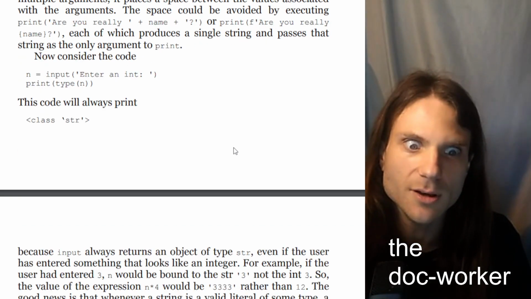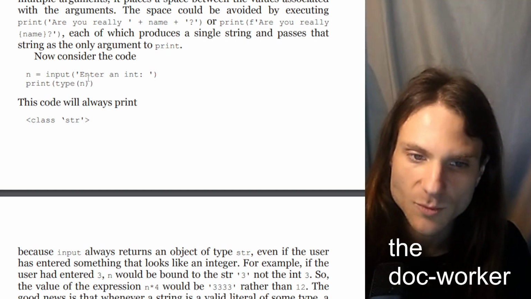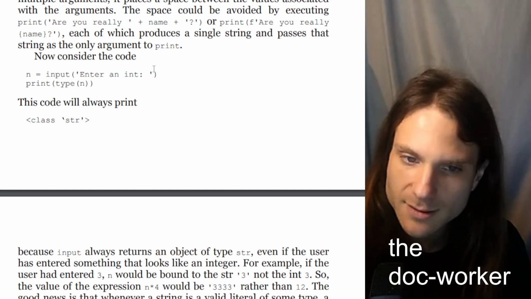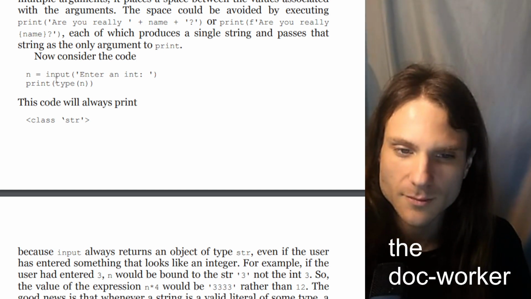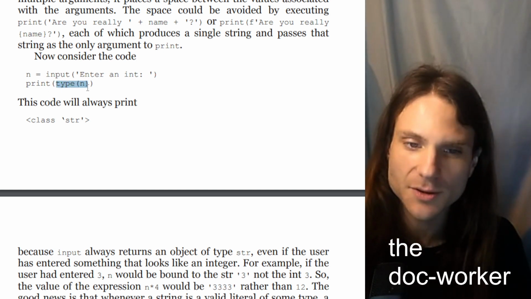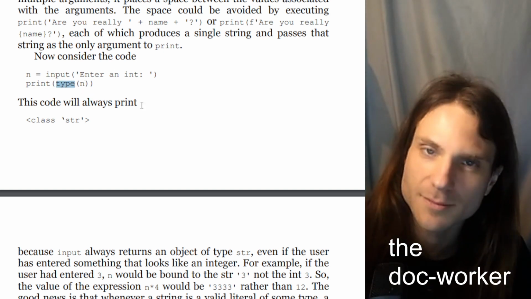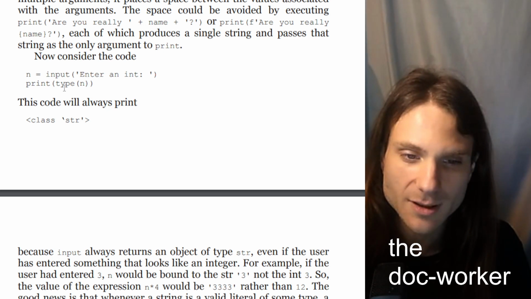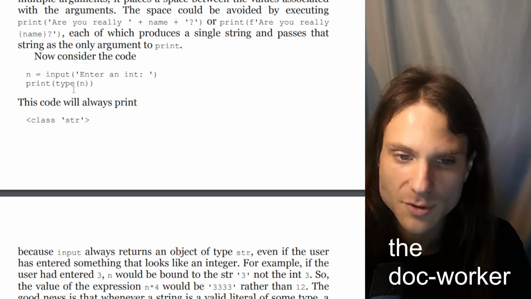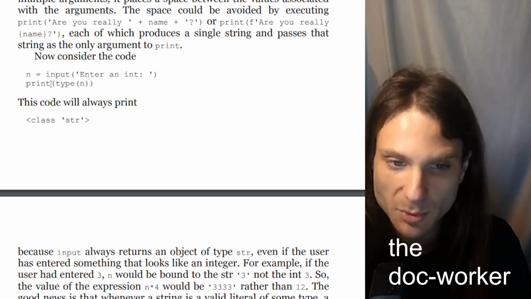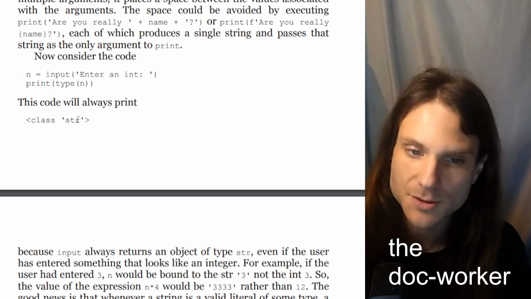Now consider the code. In equals input with the string enter an int passed in as argument, followed by the print function with passed in as argument the result of passing the variable in to the type function. This will first evaluate what is the type of in, and then whatever the result of that is will be passed in to print. And so this code will always print class string,